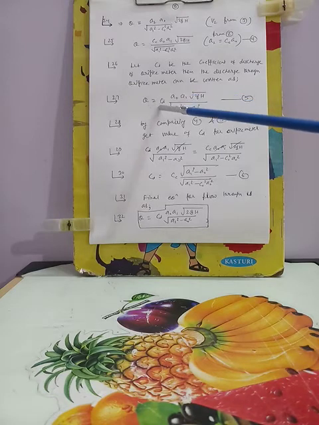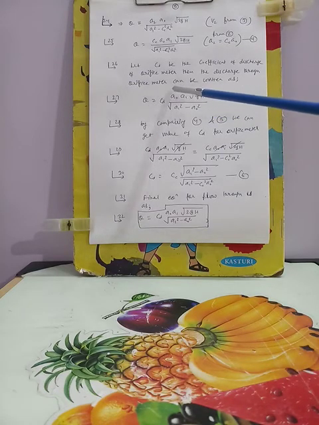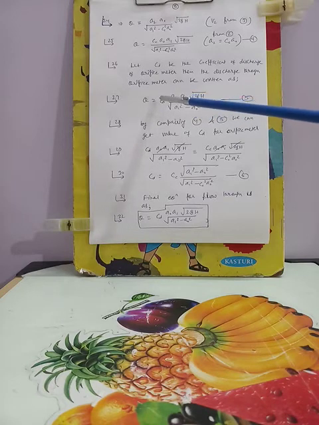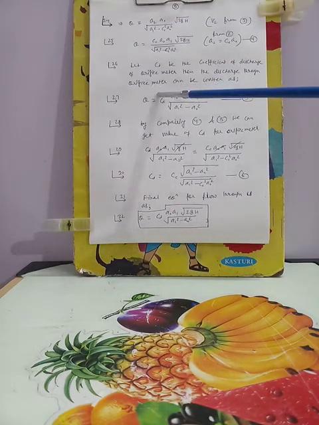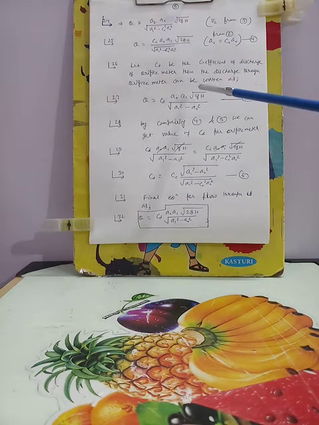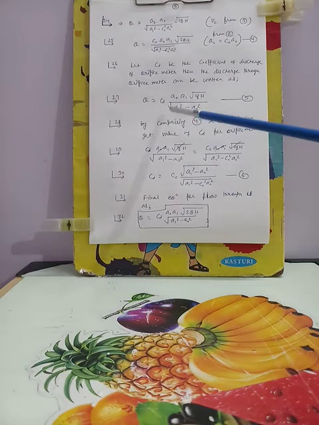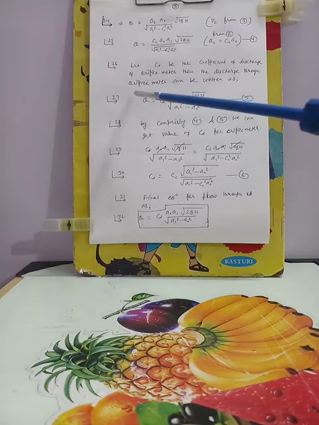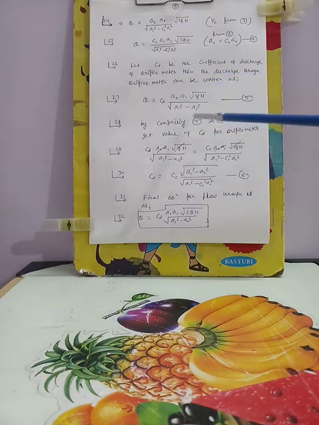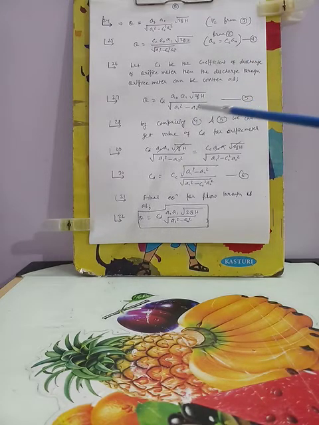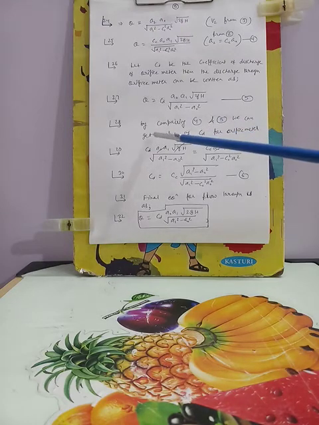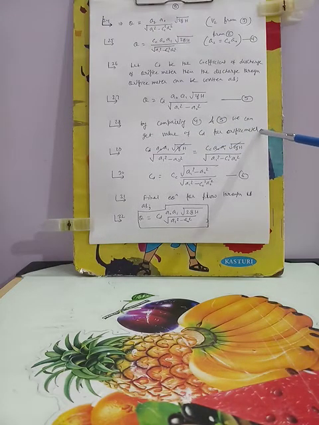And this value of CD can be found out if we compare equation 4 and 5. By comparing these two equations, the value of CD can be found out, and this value of CD is marked on the orifice meter. So we can use this equation to measure the flow through orifice meter. So let us compare equation 4 and 5. By comparing equation 4 and 5, we get the value of CD for orifice meter.